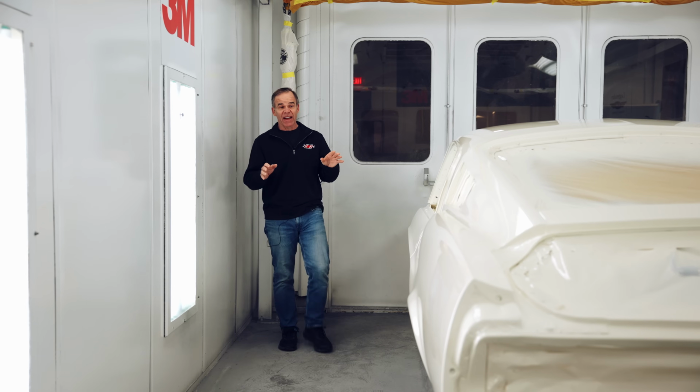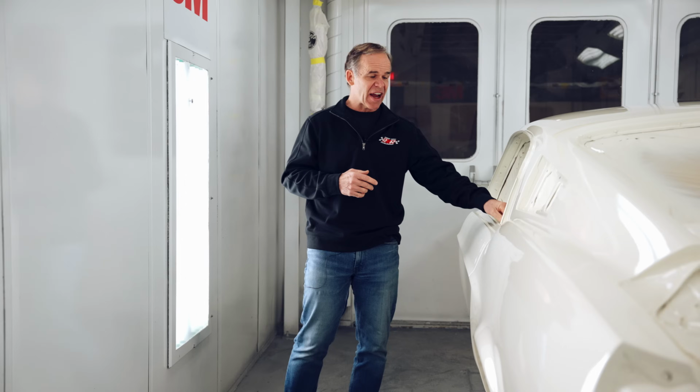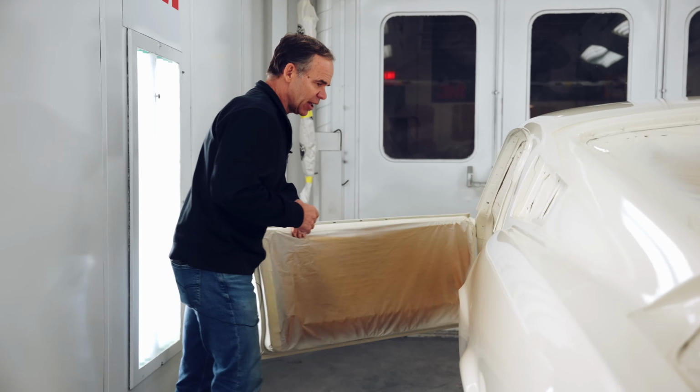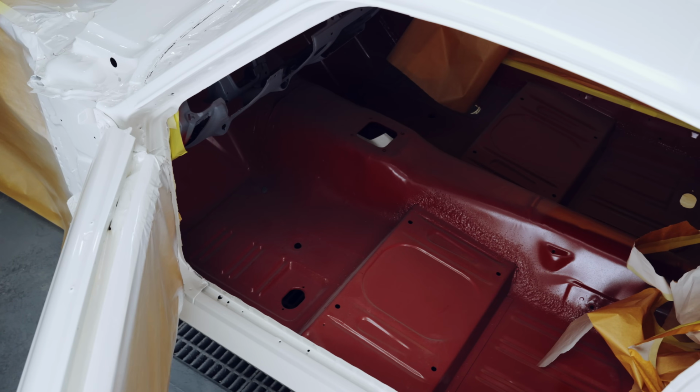So the car's painted now and the car looks great, and I'll tell you why we did things maybe not exactly the way the factory did. So originally the factory, when they painted these cars, they were all red oxide primer. And if you come in here and have a look,